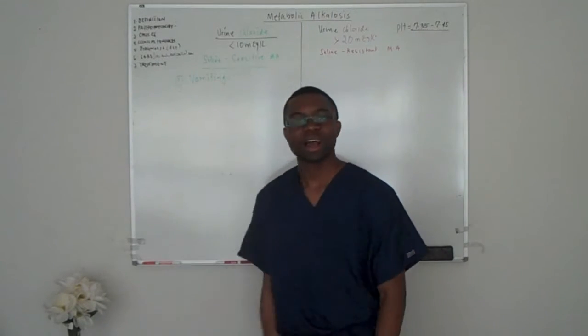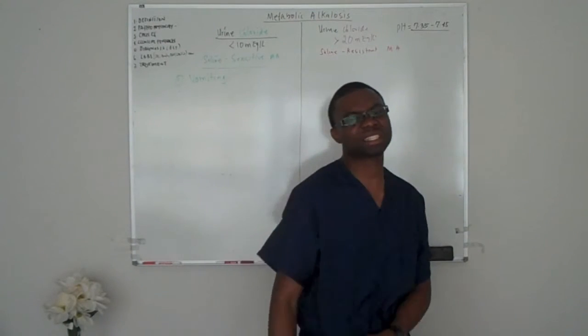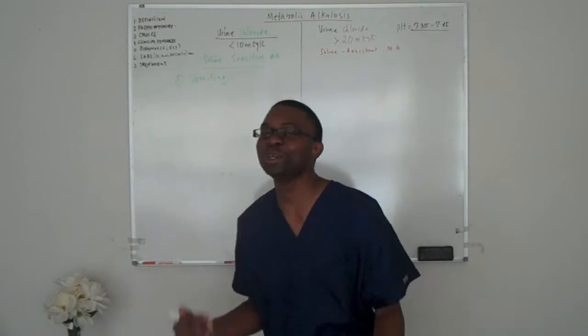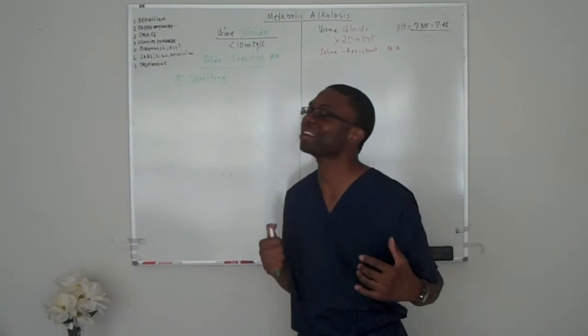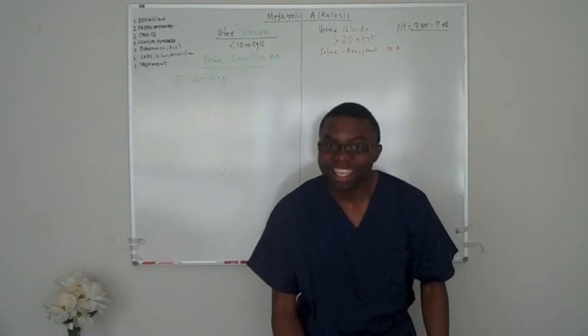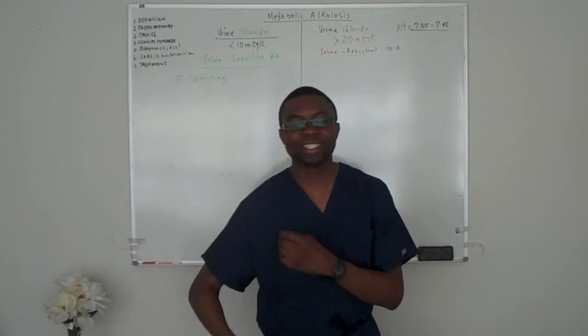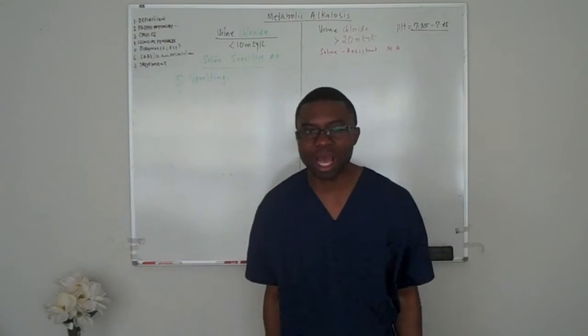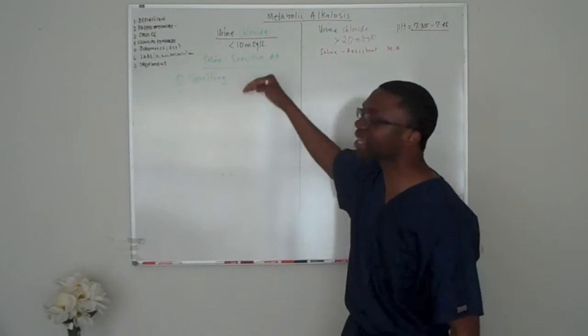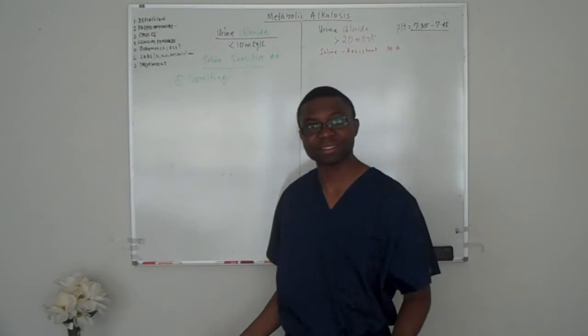How about this? It's going to be a skinny girl. She's going to come in. She's about 16 years old. She's been trying to lose weight. Guess what she's been doing? She sticks a finger into her mouth every single day. She eats a little bit and she vomits all the time. She's going to develop metabolic alkalosis. That's it. That's one type of vomiting.